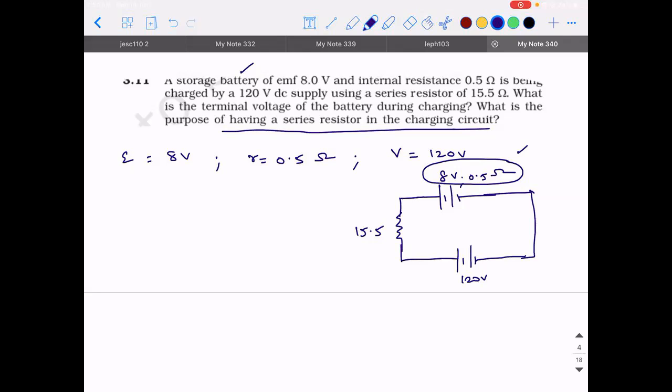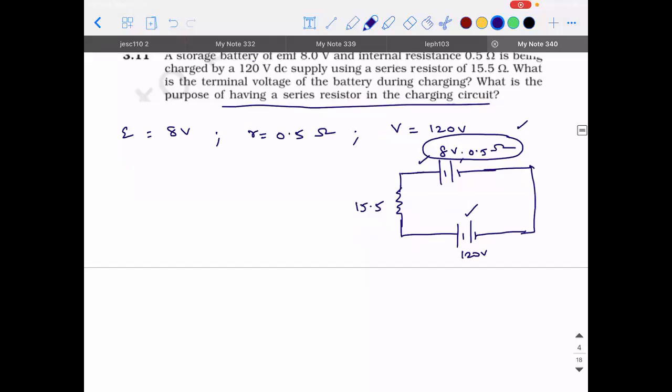Basically, if you have to apply Ohm's law in a particular problem, let's say you have only one loop, and you want to apply Ohm's law to it, what is it that you need to ensure? You need to ensure that there is only one cell and one resistance, right? So here you have two batteries. So how do you convert them to one particular battery? It is very simple. A point to be noted here is, listen.